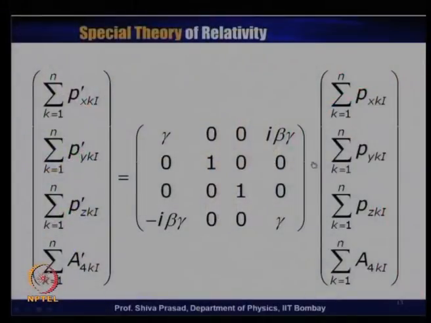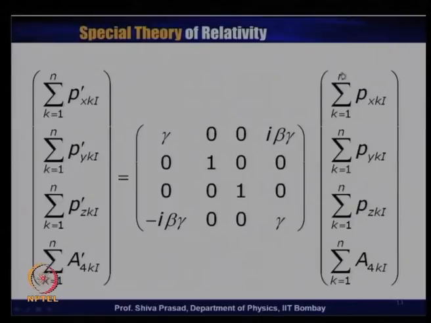So, this looks like a somewhat complicated equation on this transparency, but let us try to spend a little bit of time to understand it. I have assumed that my first 3 components of the momentum are px, py and pz, utilizing the new definition of momentum. Now, I assume that there are n particles,